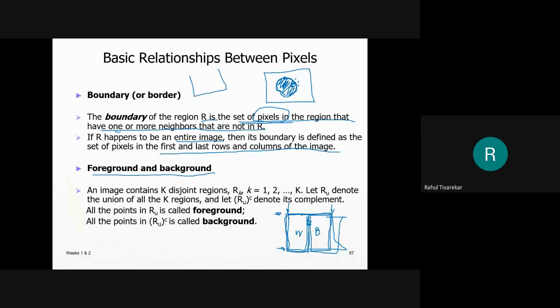Suppose this is an image. It will have some object here, and some background on the back side filled with a complete border. There is a background and there are three different objects like this. So there are multiple regions, R1, R2, R3, R4. In this case, R1, R2, and R3, three regions. The union of all the k regions